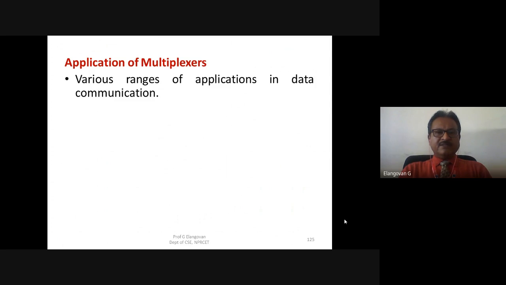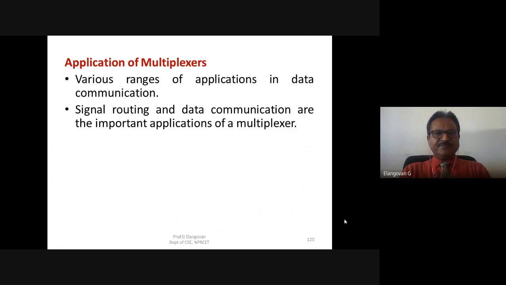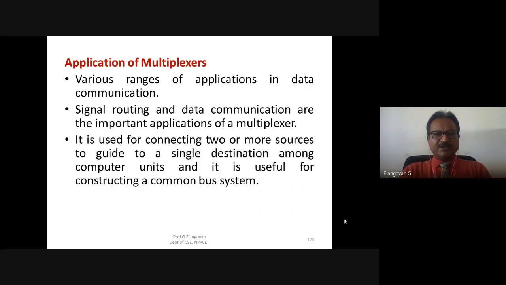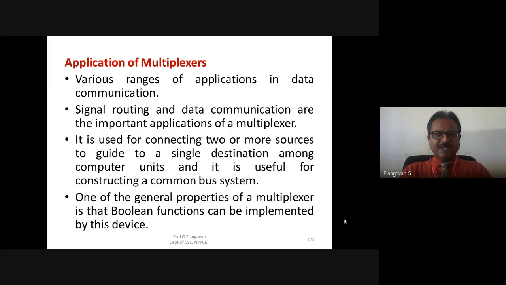The various applications of multiplexer are in the communication range to route the signal from n number of channels to one particular channel, and when connecting two or more sources to a single destination among the computer to make a common bus system, multiplexers are used. Another one is that Boolean functions can be implemented using the multiplexer.